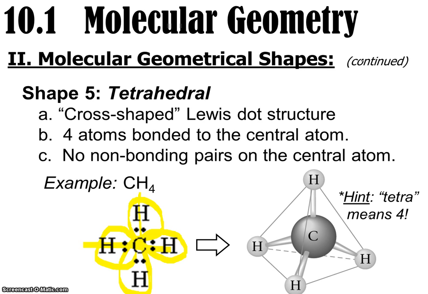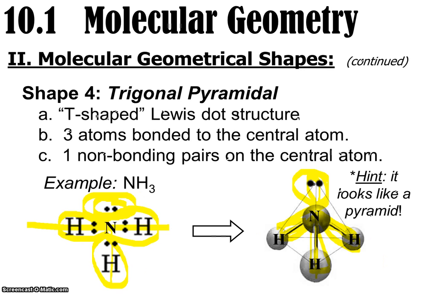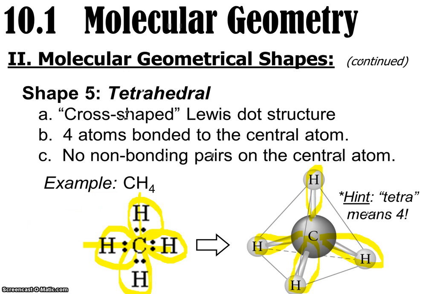And there are 4 areas of high electron density, and again they are going to spread out as far as possible. And this is very similar looking to the last picture. This is very similar looking to NH3, where there's like a tripod on the bottom and a lone pair on top. Here in the CH4 we see the tripod on the bottom, however the 4th atom is on top. So the tetrahedral is actually sort of the root shape for most of these 5 shapes we're going to look at. Sometimes we just don't see all 4